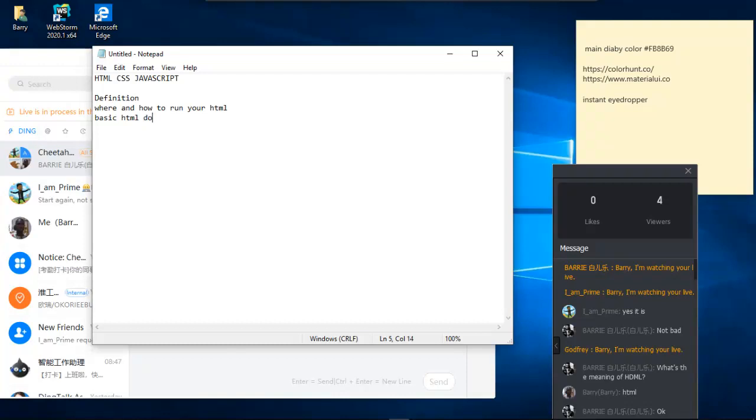The basic HTML document. Okay, how does an HTML document look? If you want to write an HTML document, what do you need? What are the obligations? What are the steps to put content inside a web page? We're going to see the basic HTML document, and then we will talk about